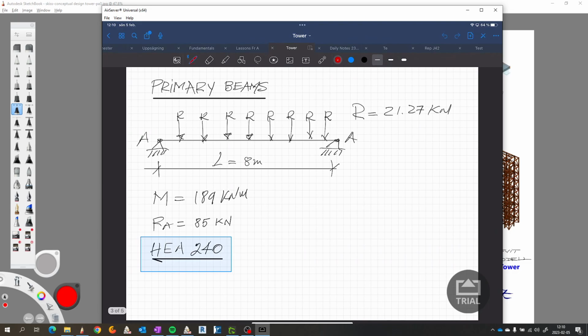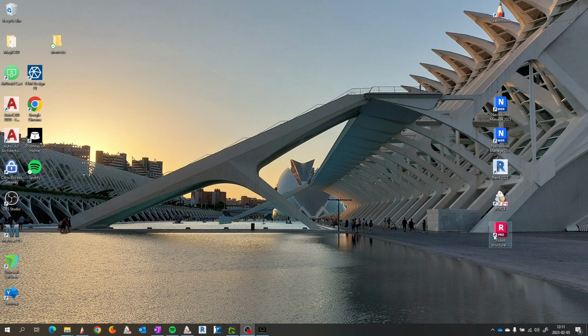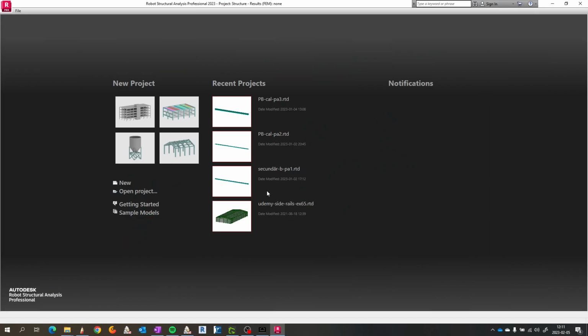For the primary beams, we have 240. And here I need to make a correction, because in the last workshop we made a little mistake, but it's not a big mistake. I took a load case that is not the case that we are going to use. So I'm going to open